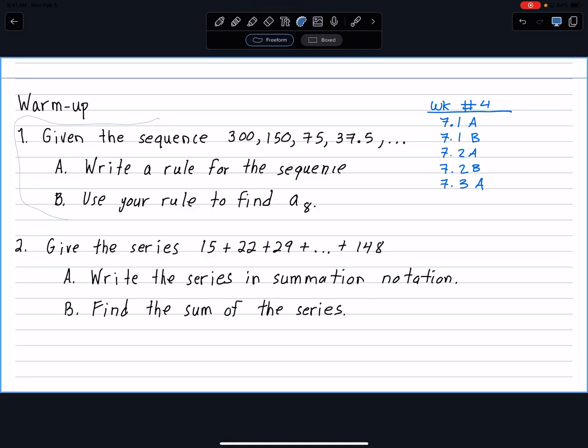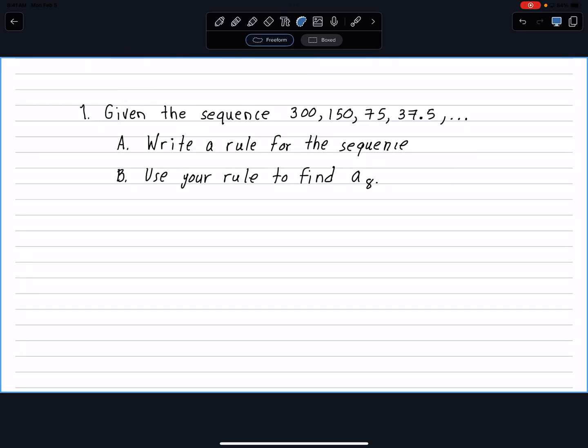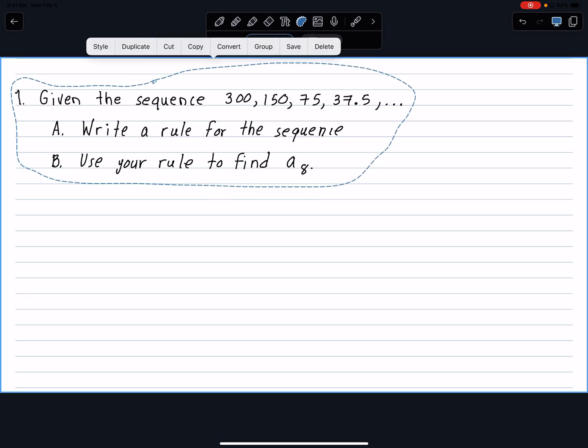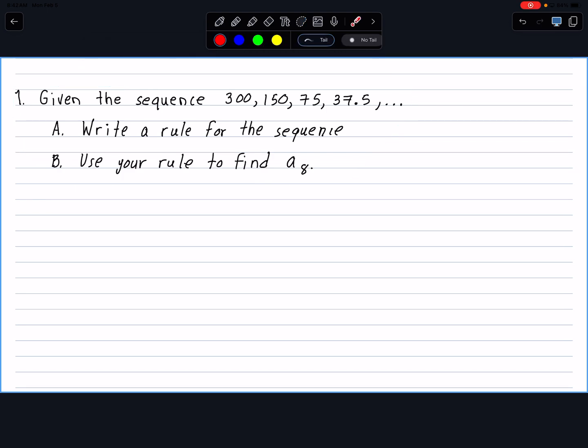Okay, so let's go over the warm-up. So looking at this first problem, there were a couple things I'm looking for on this problem. One is I gave it to you out of context, so you needed to determine what type of sequence you're looking at, right? Because we don't know at this point, but if you notice, if you take 300